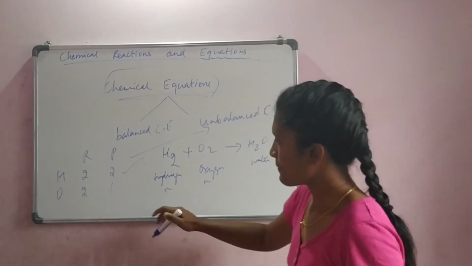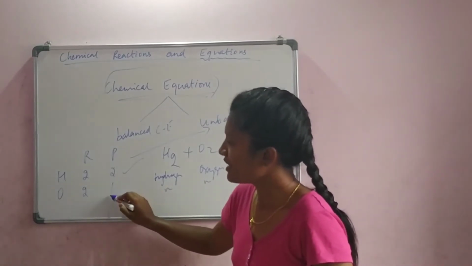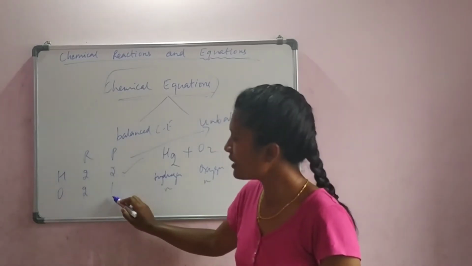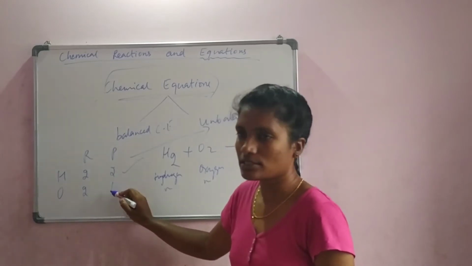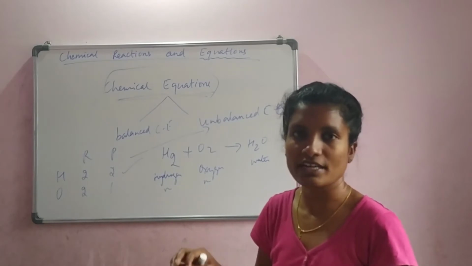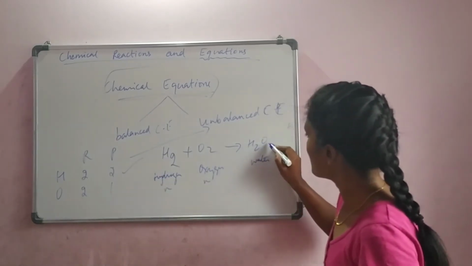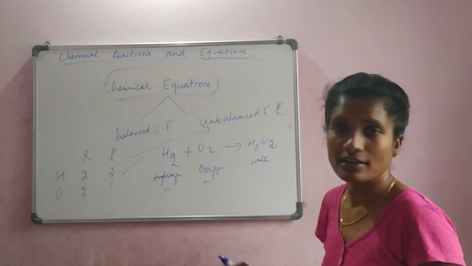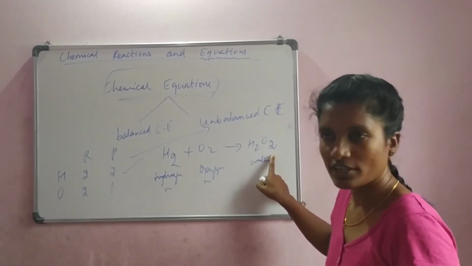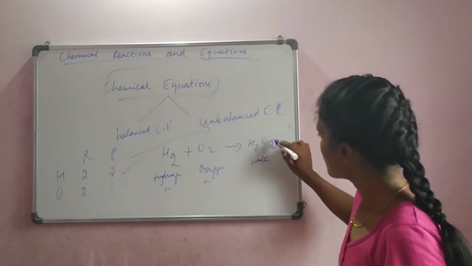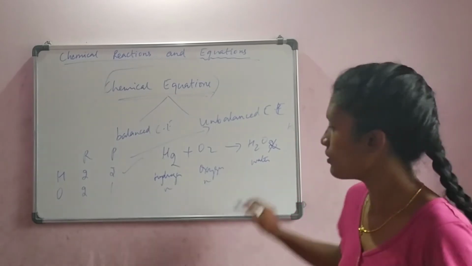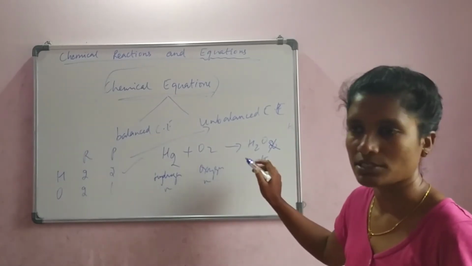So let us see. We need to balance oxygen, right? There are two oxygen in the reactant side and one in the product side. To balance this, we are given some permissions to add certain numbers where it is unbalanced. You should not add the number as a subscript. What do you call this, subscript? You don't have any power to add here. First I am making mistakes so that you people will not make that mistake. You don't have the option to put the numbers here.